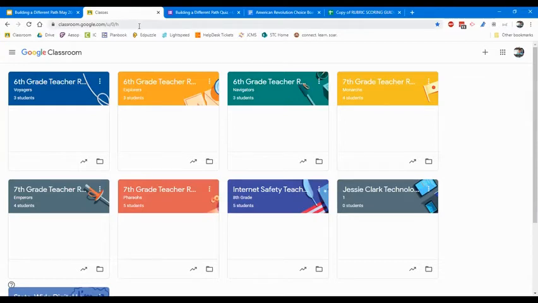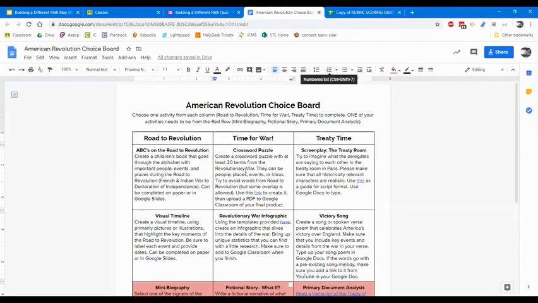How do you create your choice boards? So I will actually show you an example of a choice board that I've created. I just put it into a Google Doc. So I basically just created a table. In fact, I'll go ahead and walk through that first, if I can switch my tabs. So here's one I created on the American Revolution. And basically what I do is I'll